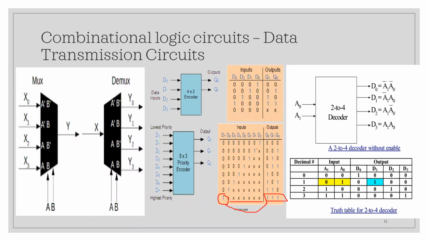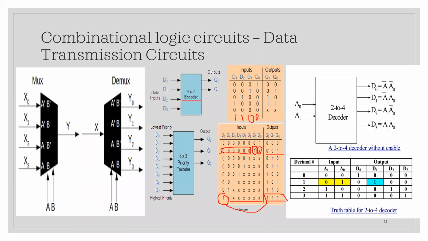Now here, if you observe this point, D1 is 1, but these all have to be 0, whereas D0 is X. D0 can be anything. So in this case, the output will be 0, 0, 1. Now, can you tell me, for the previous condition I was discussing, 1, 1, 0, 0, what will be the result in this encoder? It is 1, 0 itself, right?